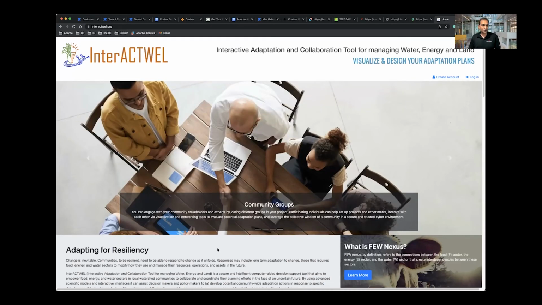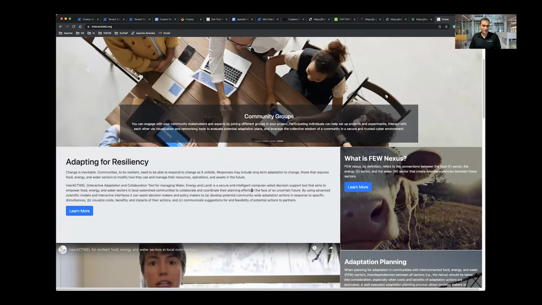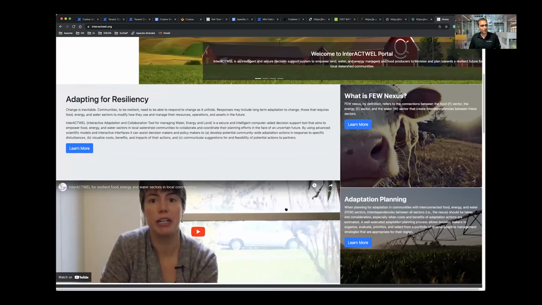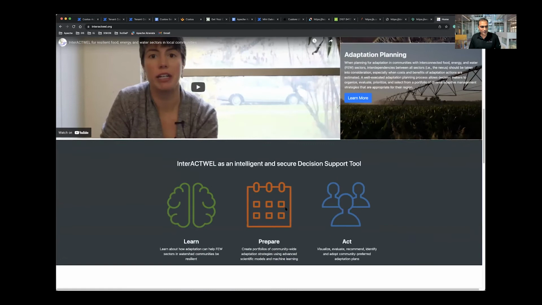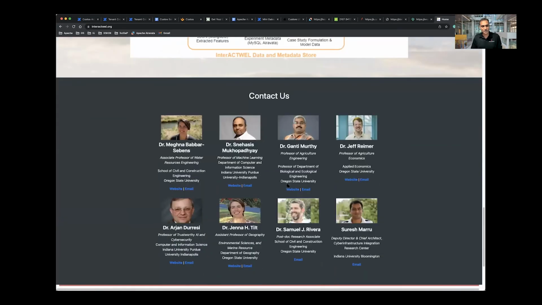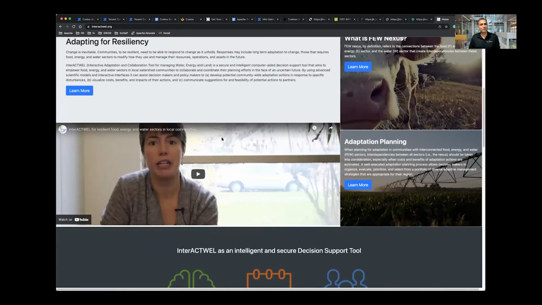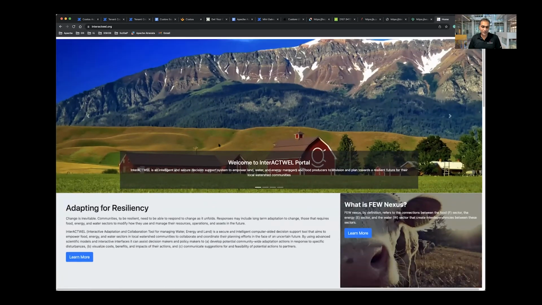Let's say we'll get you to, as an example, where InteractWell or some of the other gateways I can provide pointers to examples. So this one, InteractWell here, is a collaboration led from Oregon State University between the civil engineering and social scientists and hydrologists and so on. So it's solving the problem of how you would develop a decision support system for the food, energy, and water sectors. What's interesting about this is the users of this gateway are not classical computational scientists, but